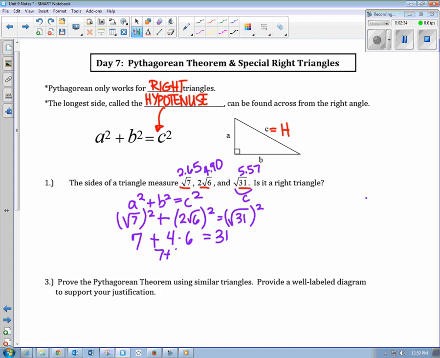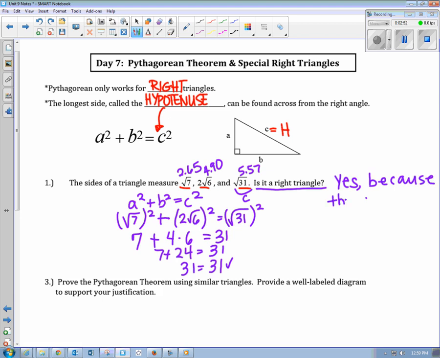So when I go through and do the math, I find out that 31 does equal 31, so Pythagorean theorem holds true. So the answer to my question, is this a right triangle, is yes,